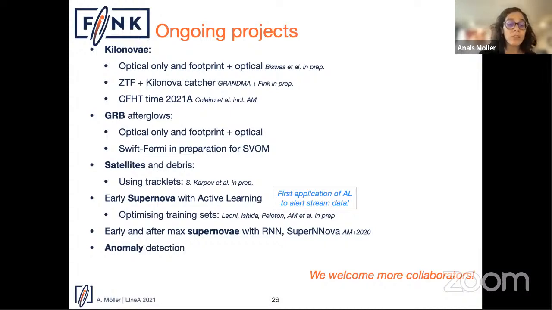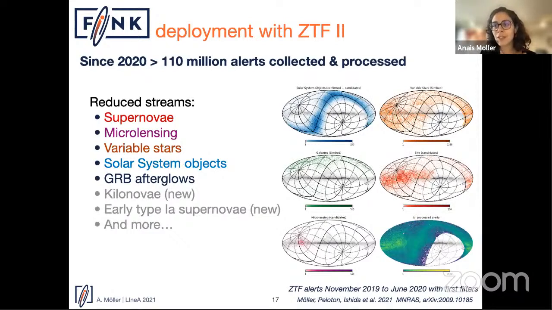We actually created a filter at one point because when I look for transients, solar system objects are sometimes contaminants. So we try to identify them and take them out. We created a solar system filter to try to get candidates of solar system objects, and we have tried different ways.